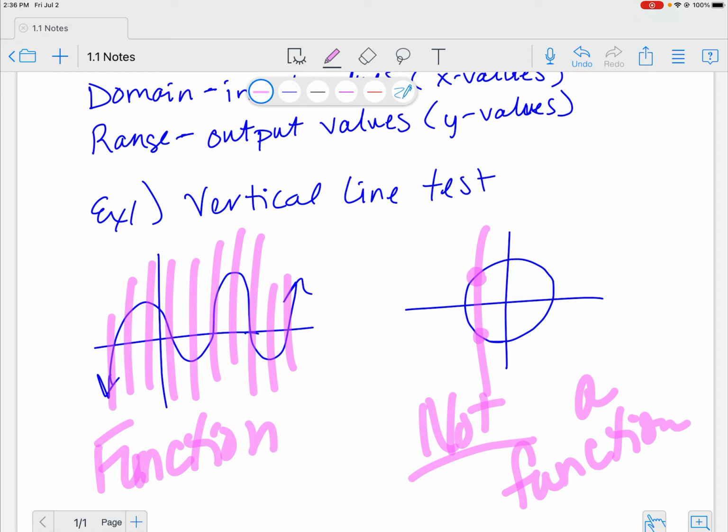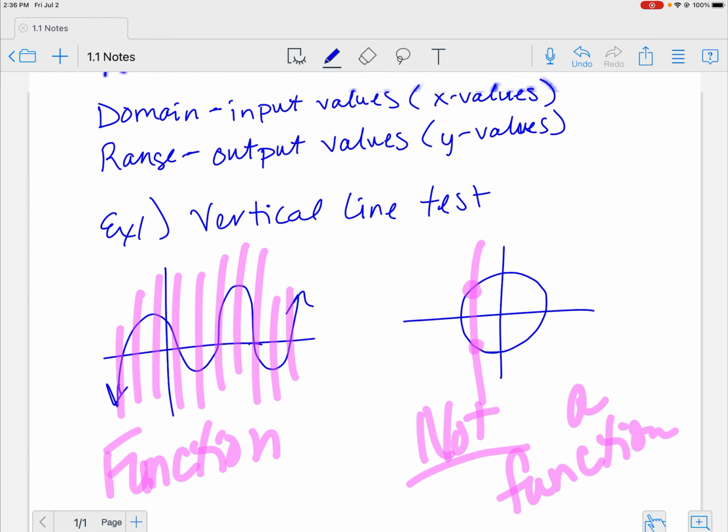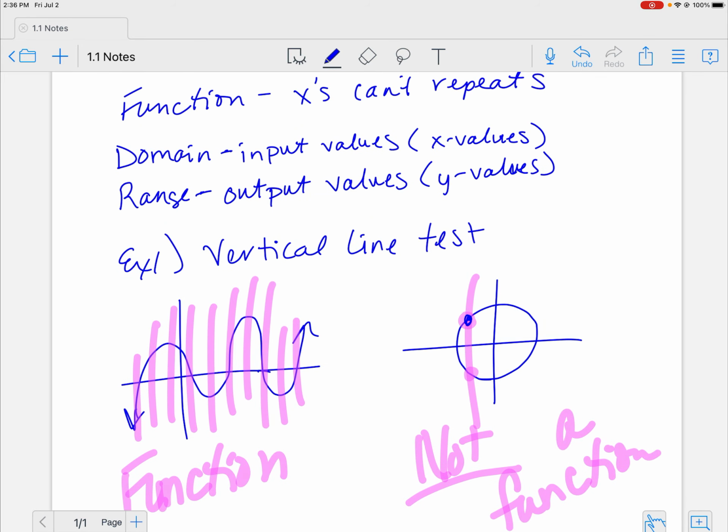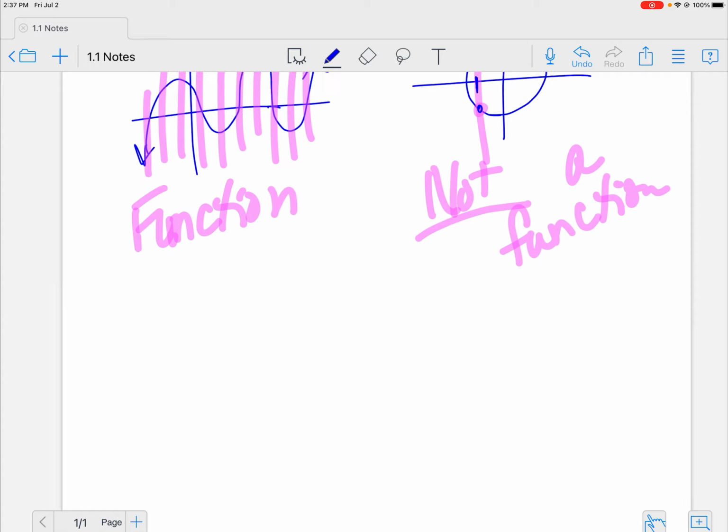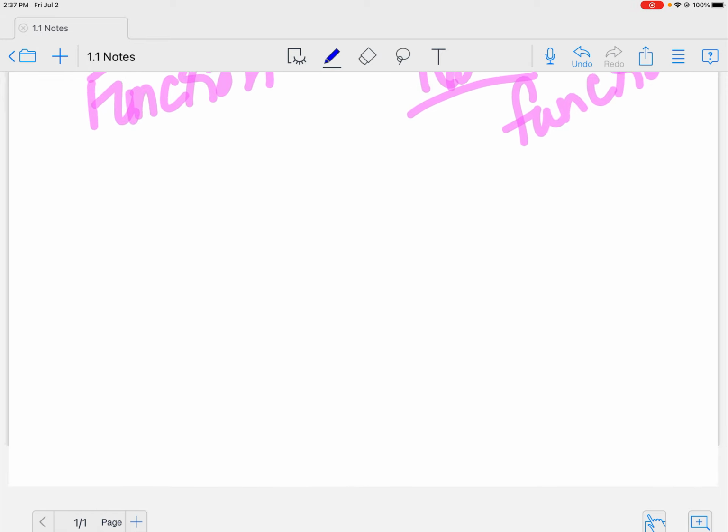All right. The vertical line test tells if it is a function, if the x's repeat at all, because this value of x and this value of x are the same with that one. If you have a bunch of coordinate points, if the x's repeat, that's also an indicator, right? Yeah. Okay. So we talked about domain and range. Let's see if we can find